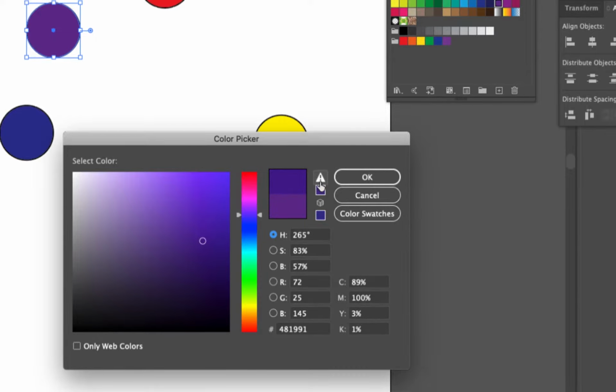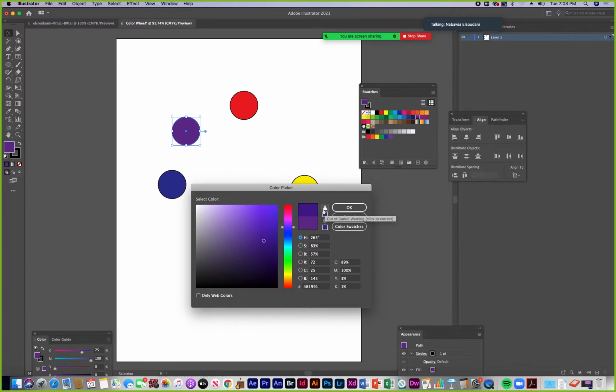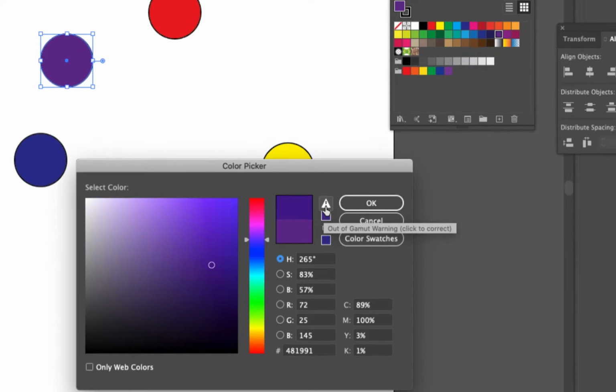I want to avoid exclamation marks, because if I see an exclamation mark appear, what does that mean? You guys remember? I think I mentioned it before. It says out of gamut warning. Anyone know what gamut is? Didn't you say that when it prints, it may not look right?